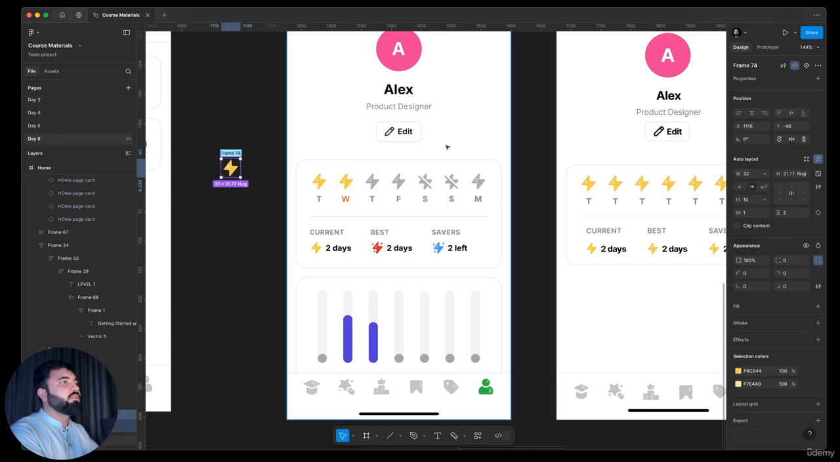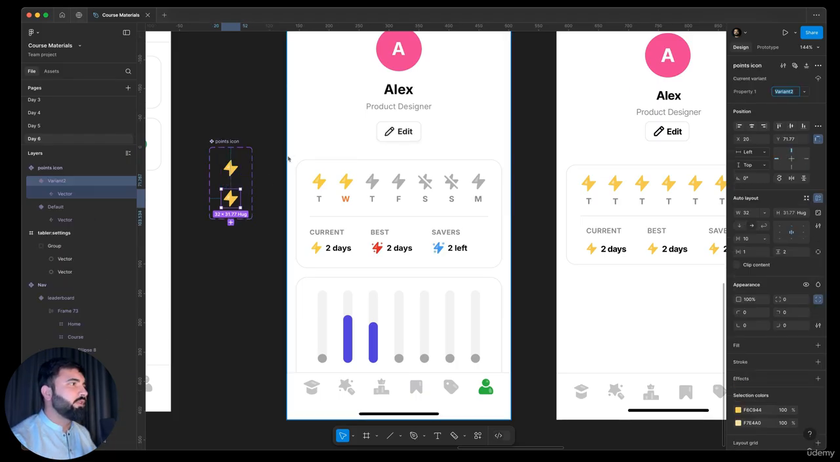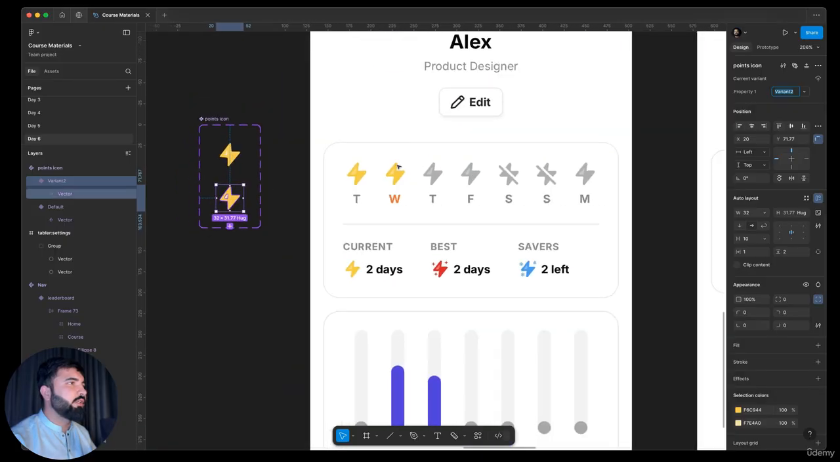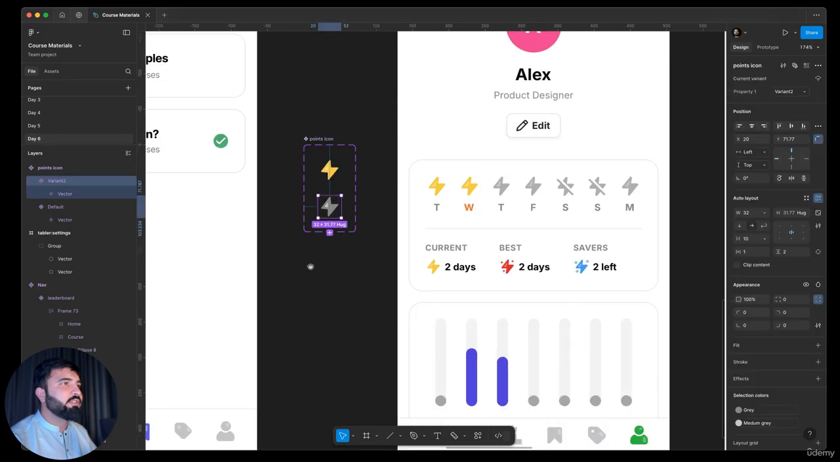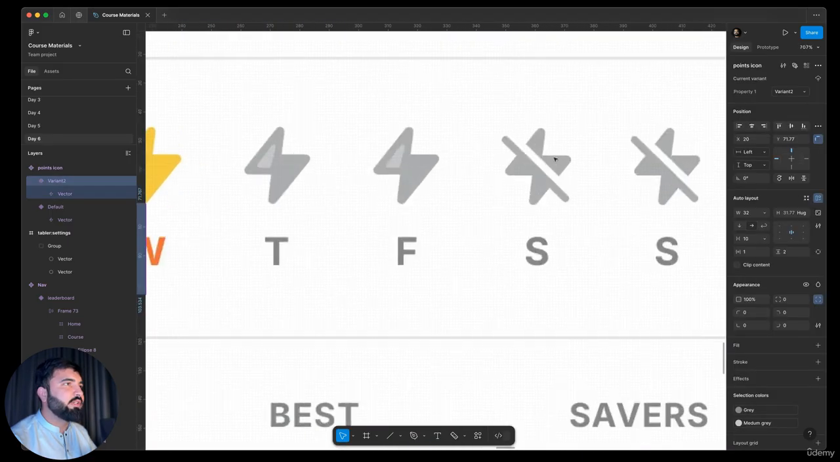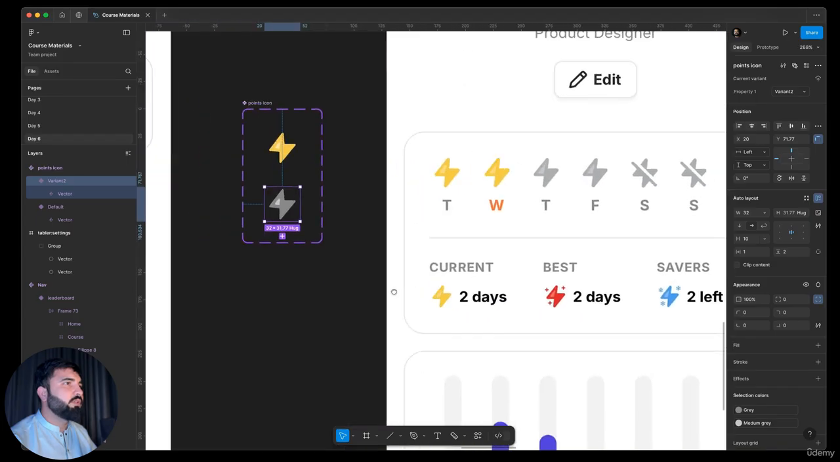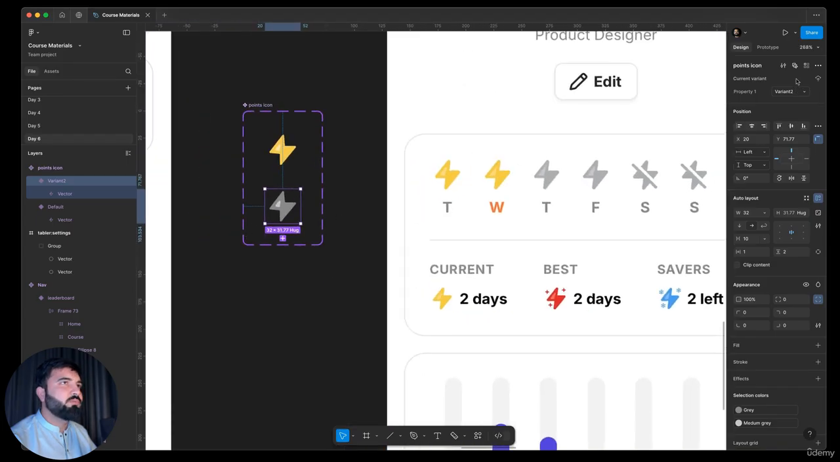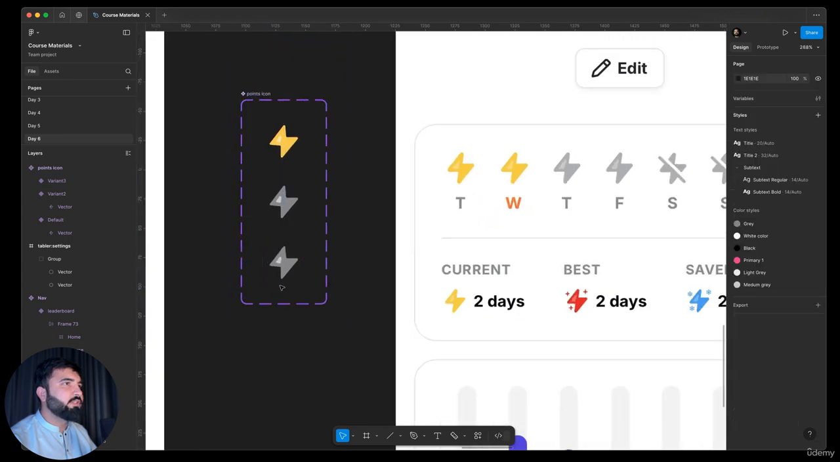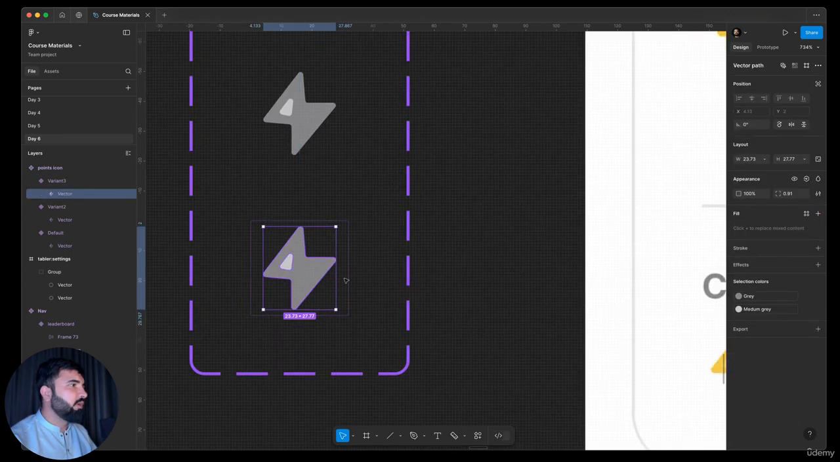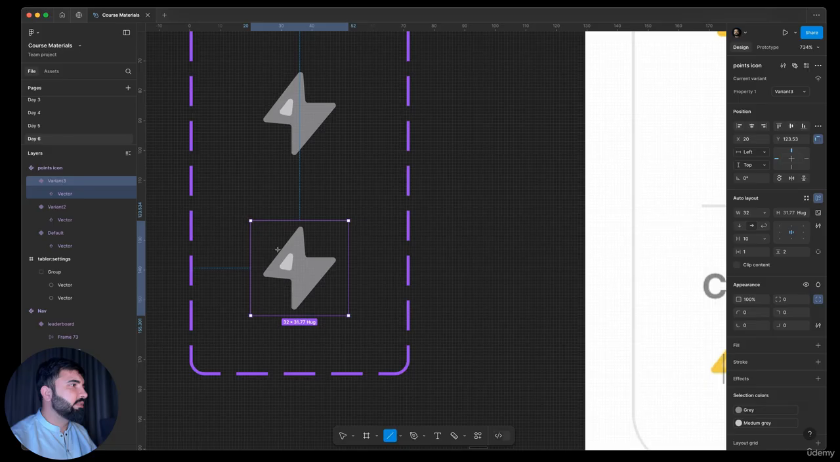Let me just select the points icon. Okay, and I will need to create variants. So for the first variant, I need to do it in gray color, so I will just change the color to gray. Now this is fine, and now let's create this one. For this one, we need another variant, and we need to place